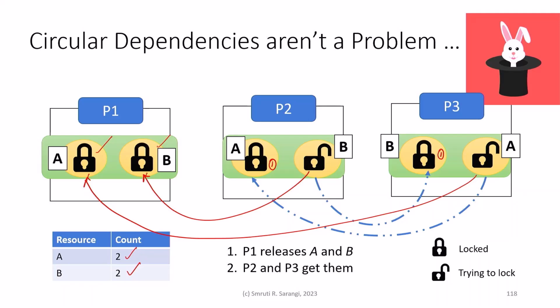So in this case, clearly we will satisfy P1 first because it is the one that can be immediately satisfied. A greedy approach can be followed. Once the resources are released, they can be given to P2 and P3, and we can satisfy the requests of P2 and P3. So such an example motivates us to understand the logic of the banker's algorithm,